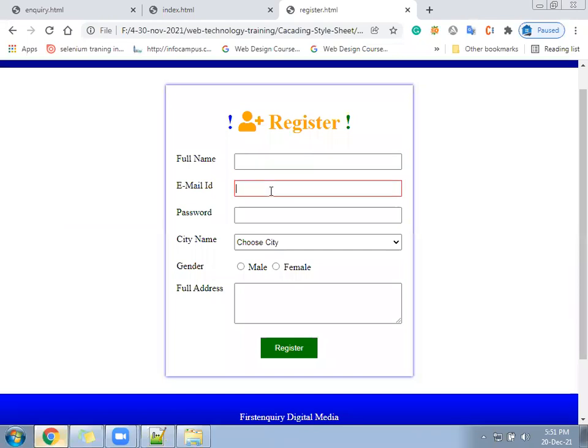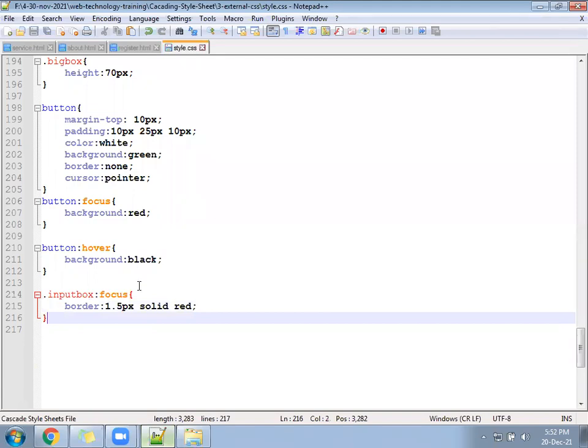Text box. See, once you click here, what is happening? It converts into red. That is called outline. We have made the border outline as none, and on click we are changing it to a particular border line.